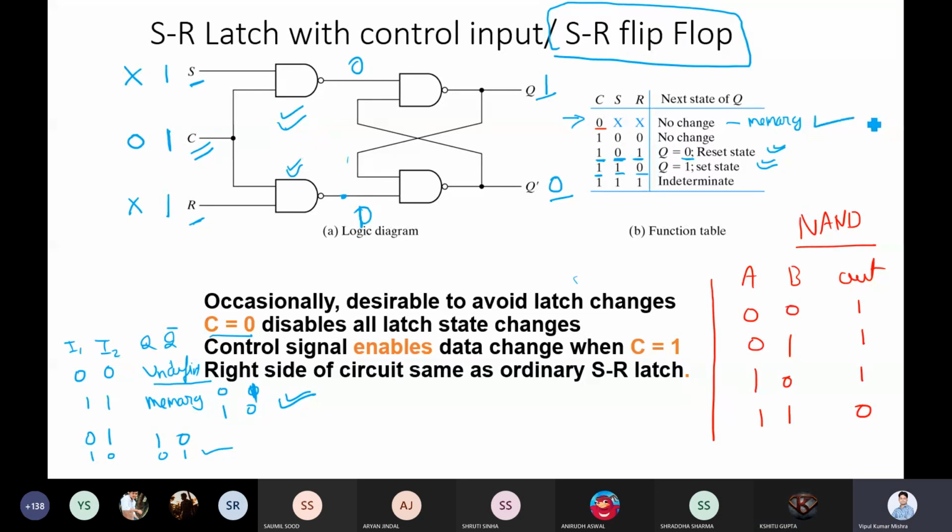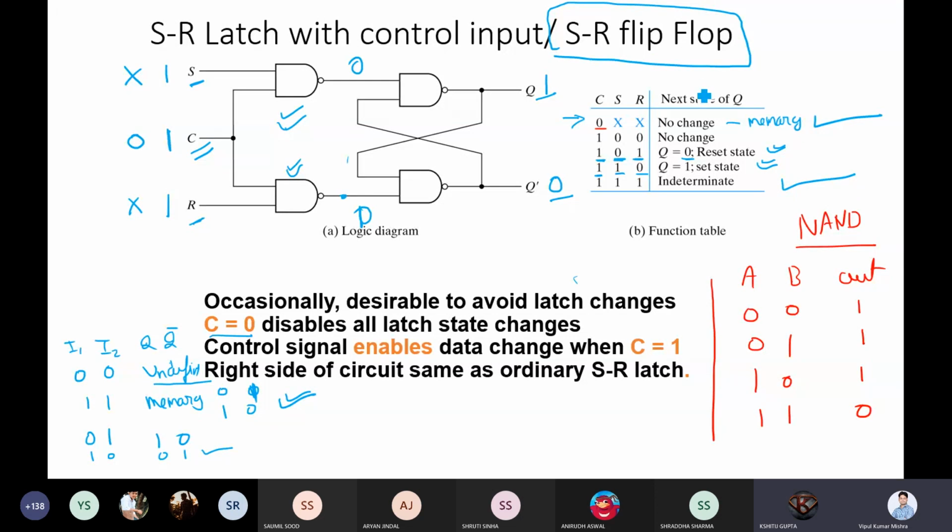So I'm talking about this and this state only. What do you think? Is there any way? Sir, S and R can be the same.